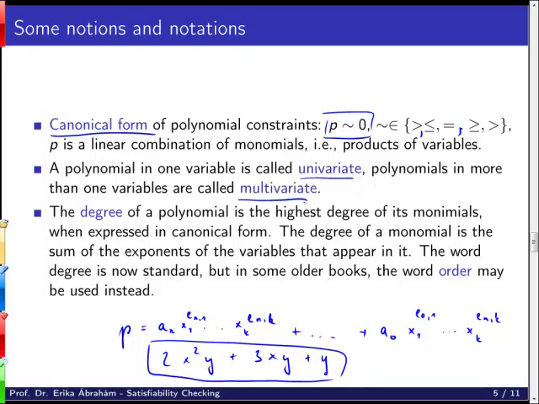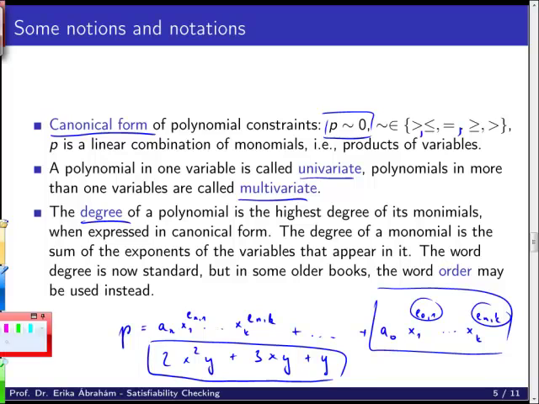Both of the methods that we will see can handle both uni- and multivariate polynomials. The last one is the degree of a polynomial, and this is just the highest degree of its monomials, that means of these single terms, and the degree of such a term is the sum of the exponents. So, for example, if I have